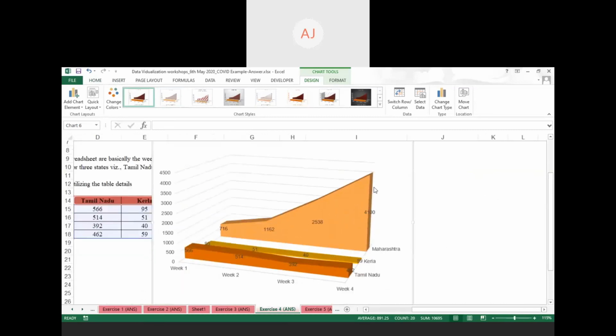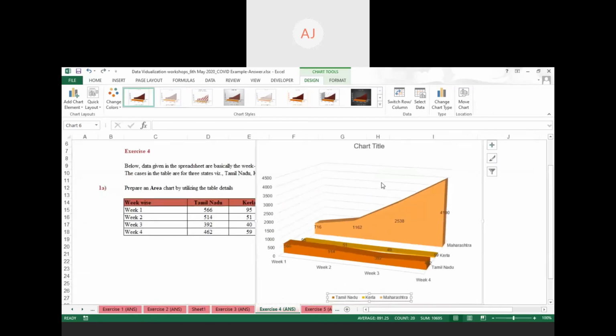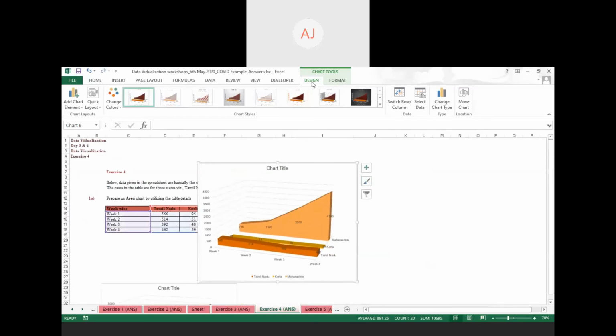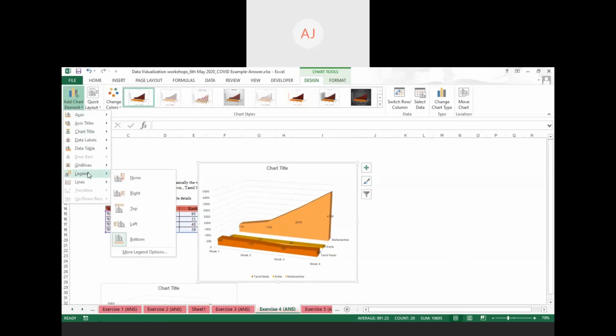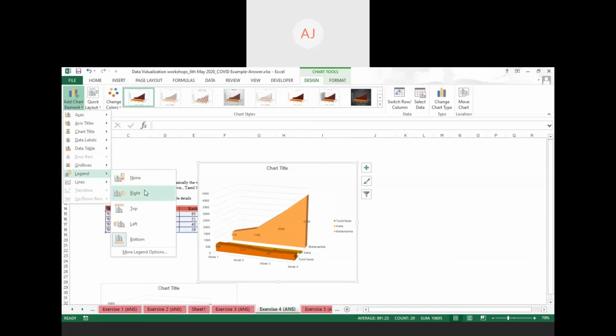You simply can see that there is a legend option. You can drag this option also. Otherwise, if you want an easier option, just go to the design, next go to add chart elements. At the bottom you'll have the legend option. You can select your legend orientation from here.